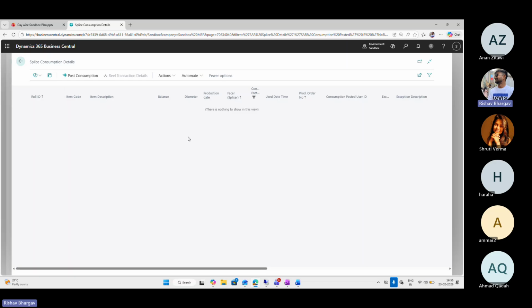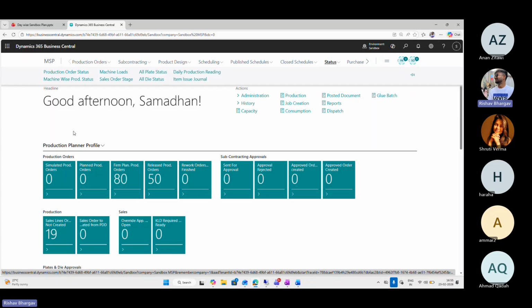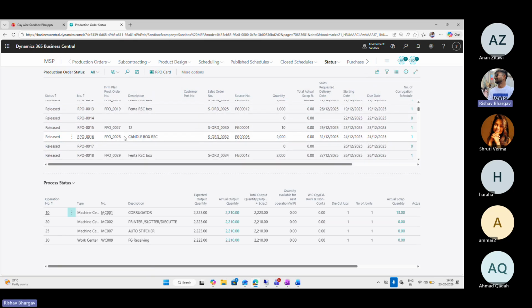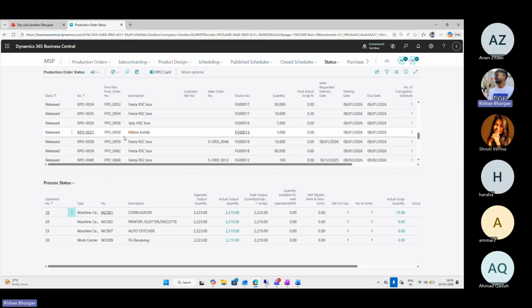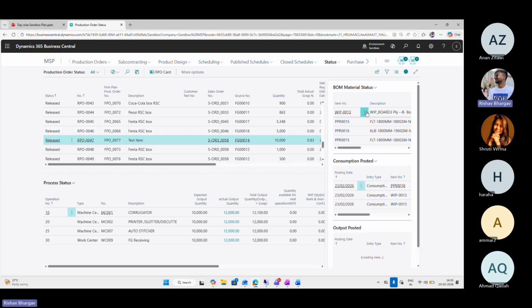Now, if we post the paper consumption, the line will be removed from here, and you can anytime come to this status page, which is available in the production role, and click on the production order status page, and you can just select your job order, which is 47 number, for which job order we are doing the transaction. This is my RPO 47 number, and if I just click on this I button, which is my fact box area, you can see that this is my BOM material